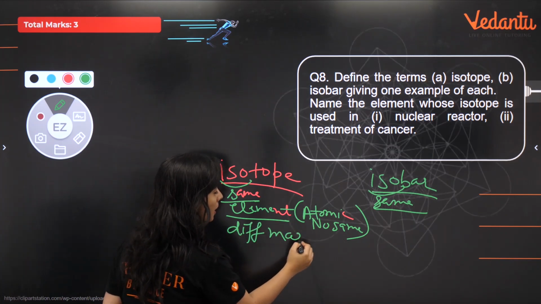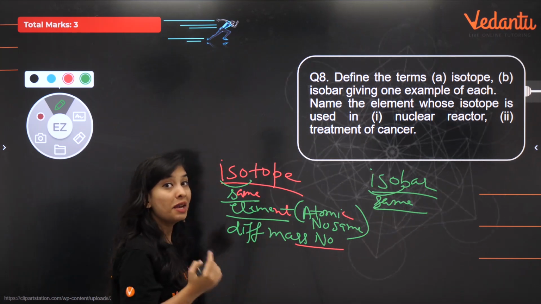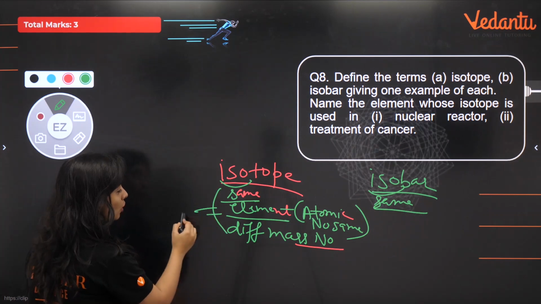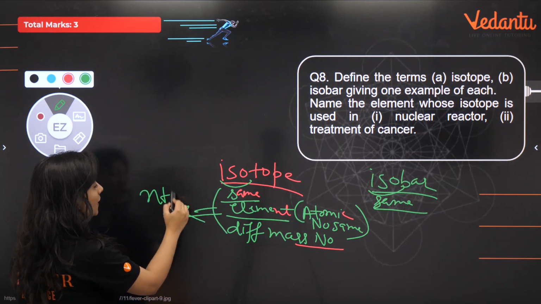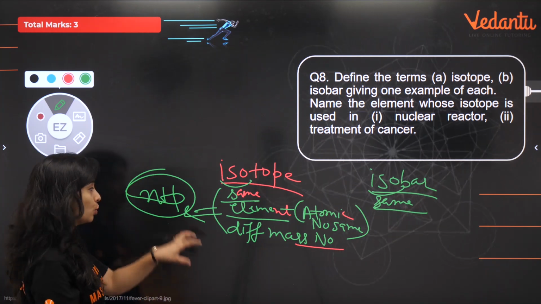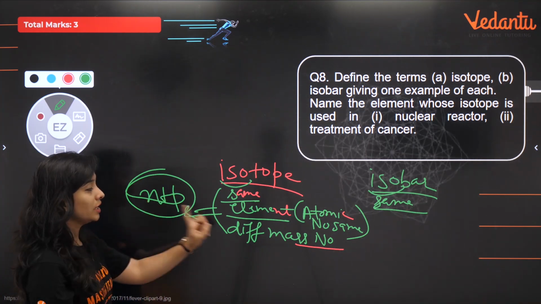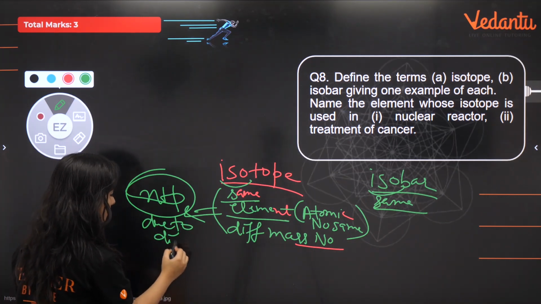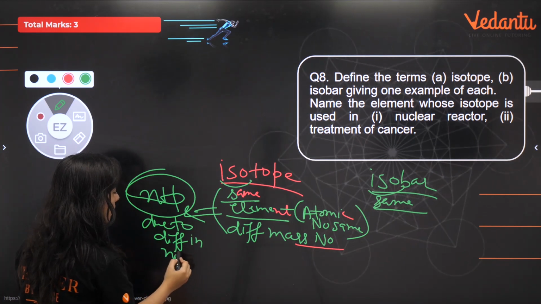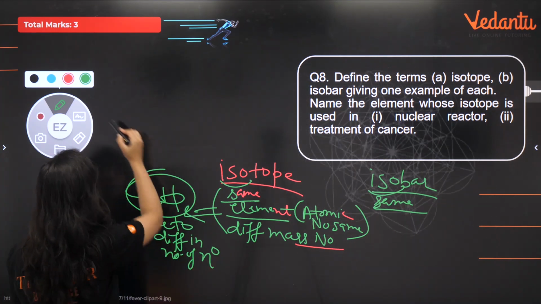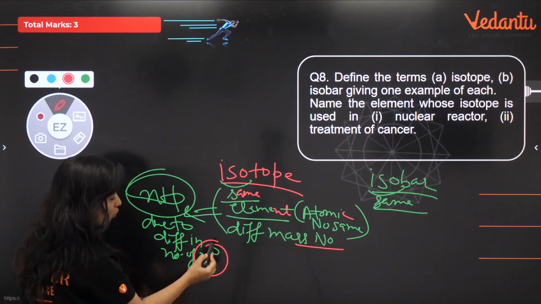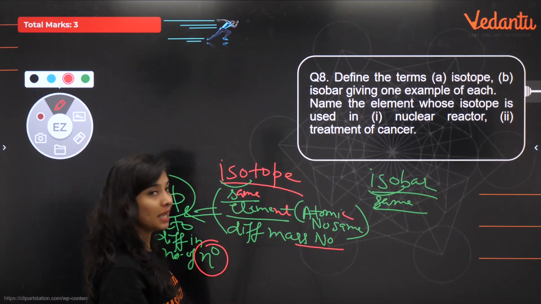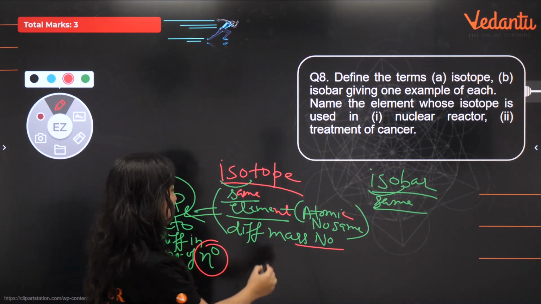Different mass number. Mass is going to be different, and mass can be different due to difference in number of neutrons. क्योंकि proton तो same है, mass number is basically the sum of neutron and proton. Proton is always same. If neutron changes, mass number can also change. So due to difference in number of neutrons, you can also write as n ऊपर 0, means neutral, no charge. ठीक है? So isotope is something which has same element, same atomic number but different mass number.